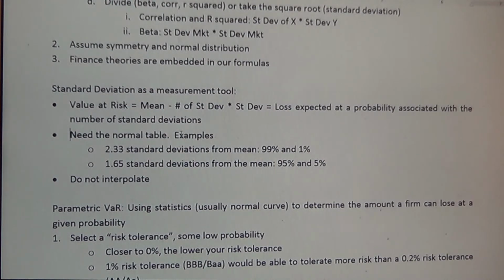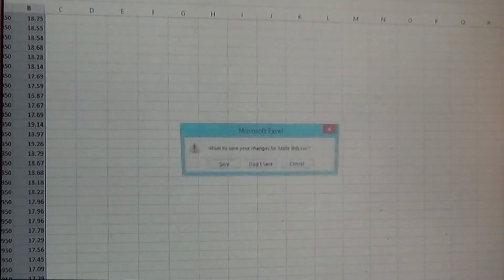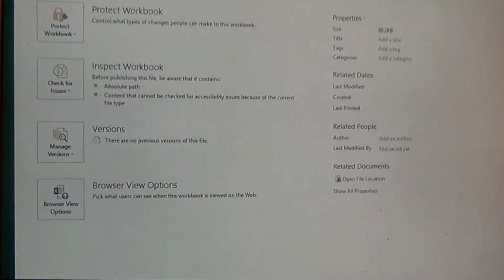We need a normal table, so let me show you a normal table. I can get rid of this file. So we need a normal table. Let me do File, New. I'll do a blank form. And the way the normal table works,